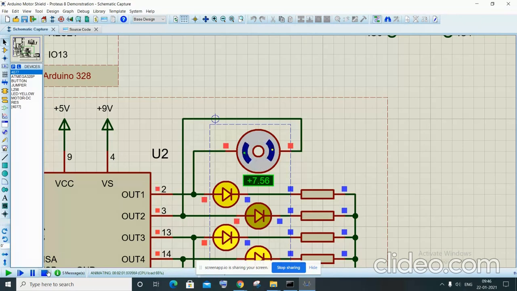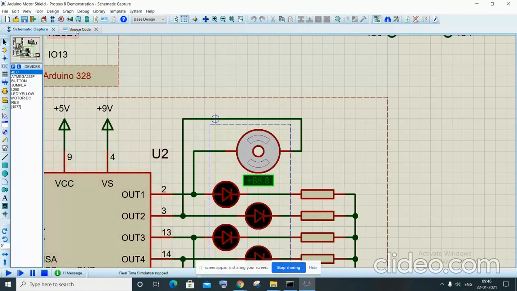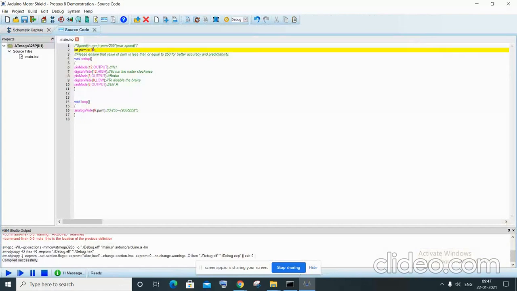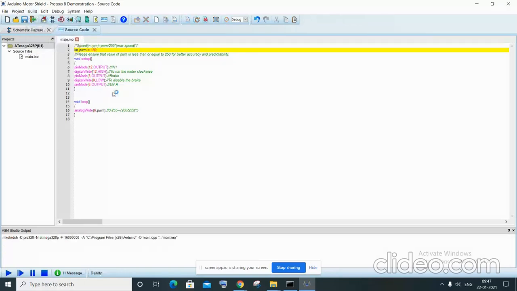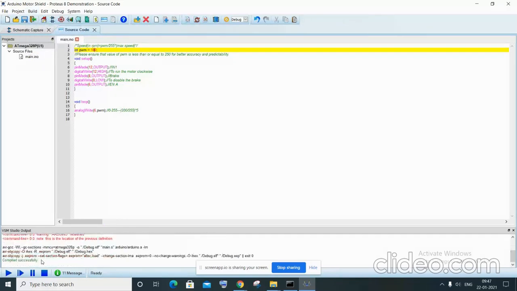Now we will stop the simulation, and we will change the value of PWM and see what the speed of the motor becomes. We will set the value of PWM as 180, exactly double of the previous value. Now we will again compile. We can see the code is compiled successfully.